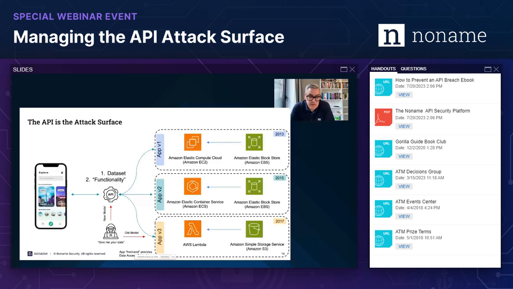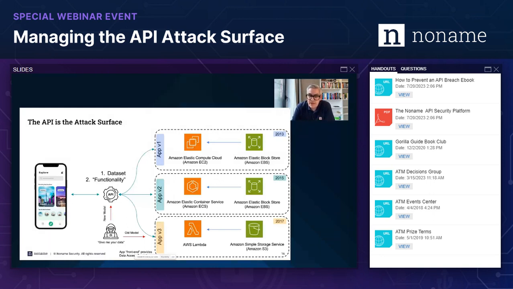So the thesis again is the API has now become the default attack surface to some extent. If you think about building applications in the past, let's say you're an organization that follows the current best practices or the current state of the art when you're thinking about building new apps and new functionality. So let's say in 2013 you came up with this great new app idea and you looked at AWS as an example as a public cloud provider,